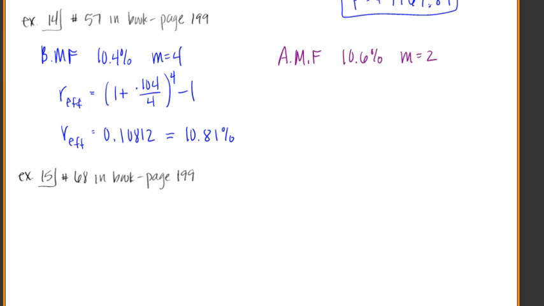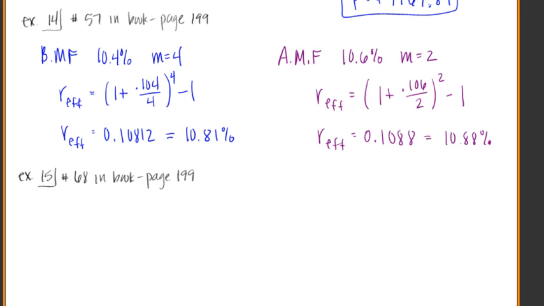Let's do the same thing over here with Acme. So the effective rate then for Acme is 1 plus 0.106 divided by 2, because we're compounded semi-annually, to the 2, minus 1. Okay, so when we use this in our calculators, we're going to get an effective rate of 0.1088, or